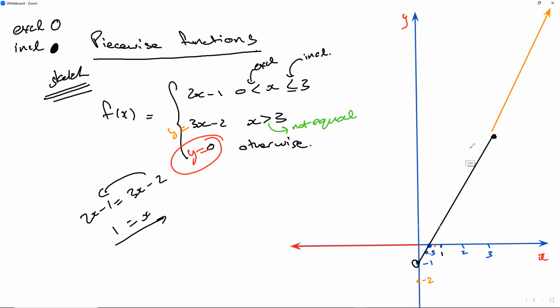Okay, so I should just maybe label that part. So I know this here is going to be 3 and 5. But this one over here, if I put 3 in here, I get 9 minus 2, which is 7. So 7 is going to be, that's 5. Let's go 1, 2, 3, 4, 5, 6, 7 is actually over here, which means that this line should start there